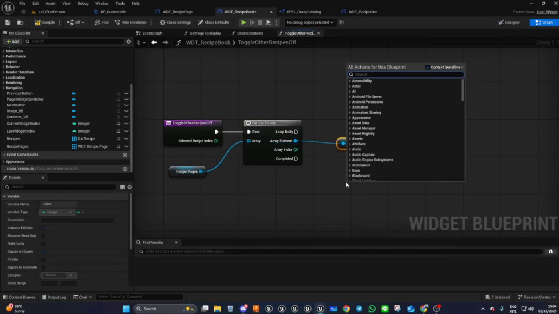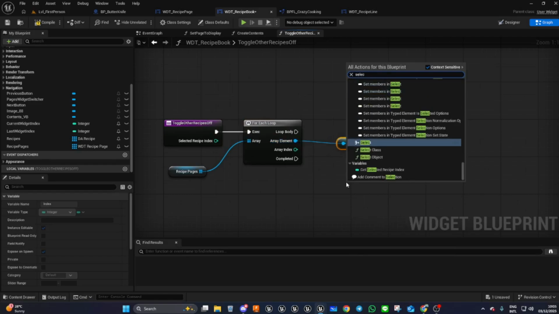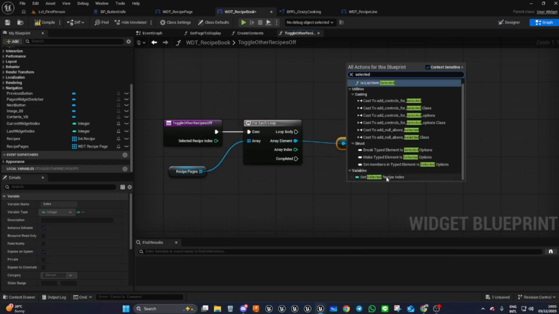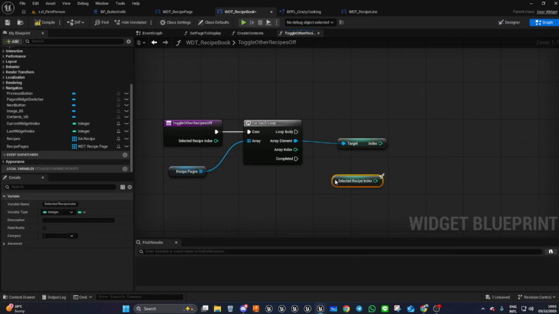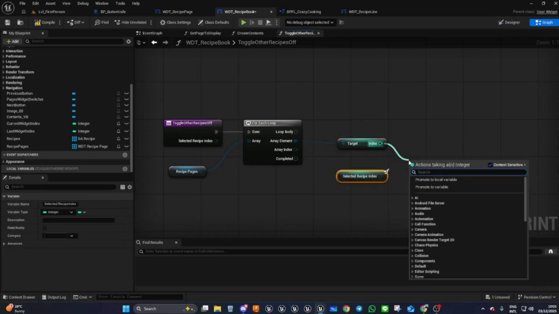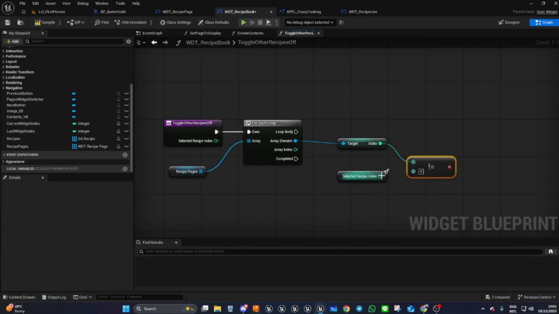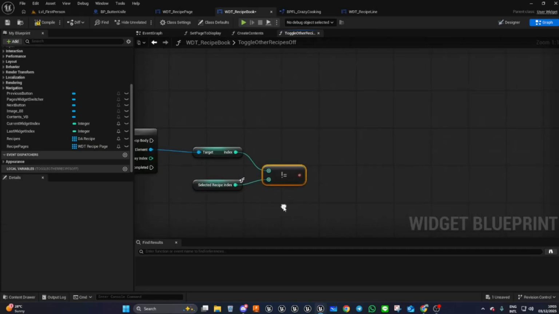We're going to get our selected recipe index from here, and we're going to say, is it not equal? We don't care whether it's equal. We're looking for the other ones. So if it's not equal to this, the branch,